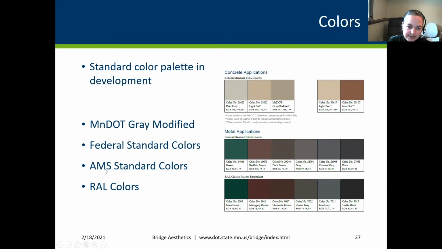It doesn't actually change the color. It's really the name. So what happened was the federal government owned a palette of colors, and they said, hey, all state agencies and the military should all use these colors in this book. And they decided they weren't going to do that anymore, and they switched it to AMS colors. So federal colors and AMS colors are exactly the same thing. The only difference is that the federal government is not managing it anymore. A private company is. So it's really all that means.